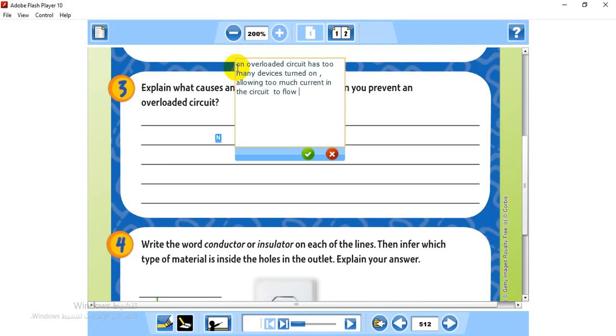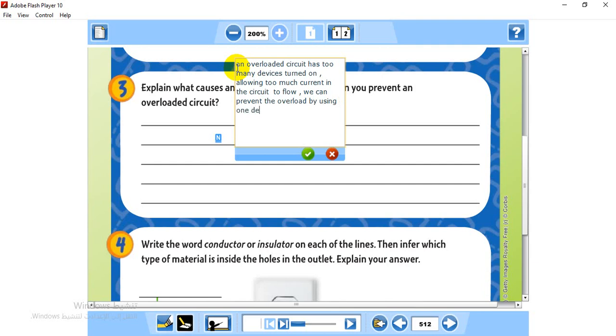Okay, guys, so I think we have to complete our answer by writing: we can prevent the overload by using only one device